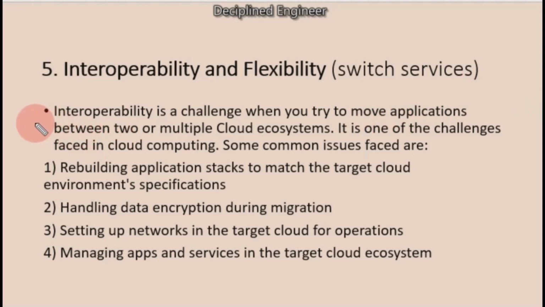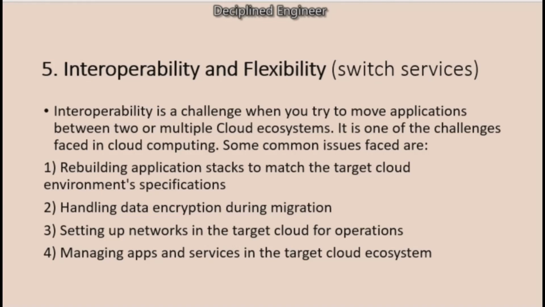So now let's see the next one: interoperability and flexibility, such as switching services. In short, interoperability is a challenge when you try to move applications between two or multiple cloud ecosystems. It is one of the challenges faced in cloud computing. Some common issues faced are rebuilding the application stack to match the target cloud environment's specifications, handling data encryption during the migration process, setting up networks in the target cloud operations, managing the apps and services in the target